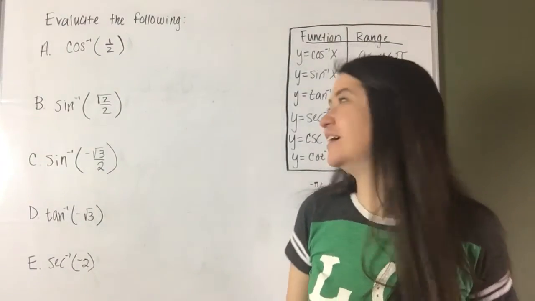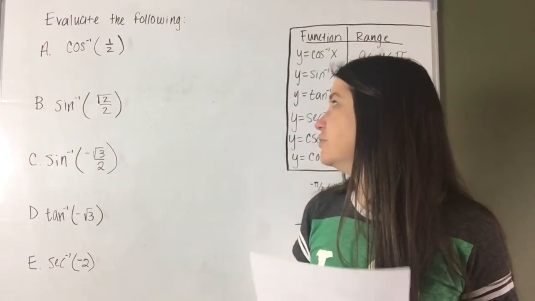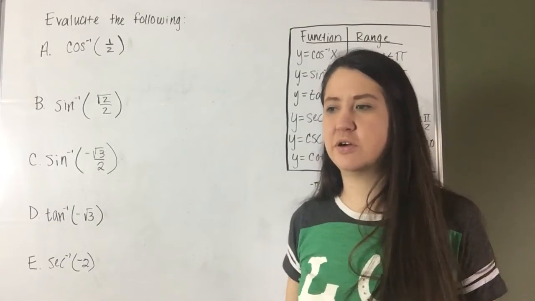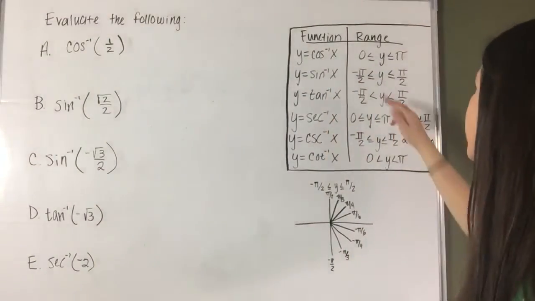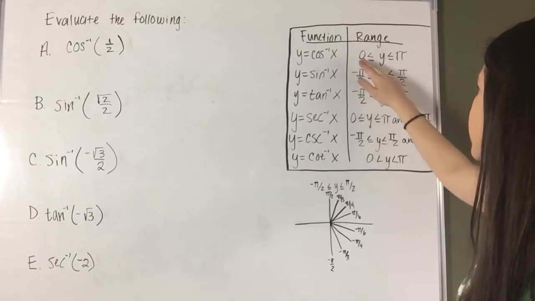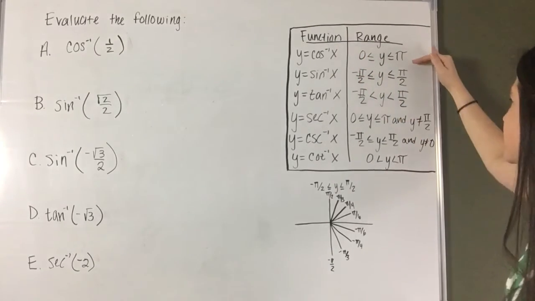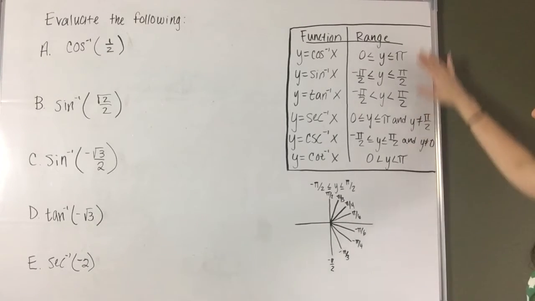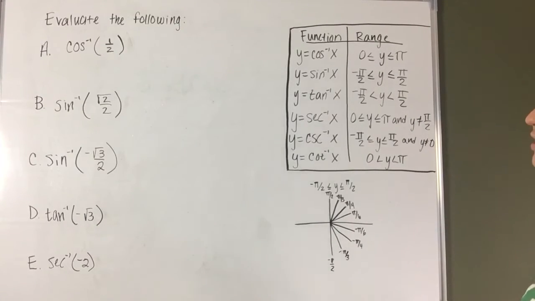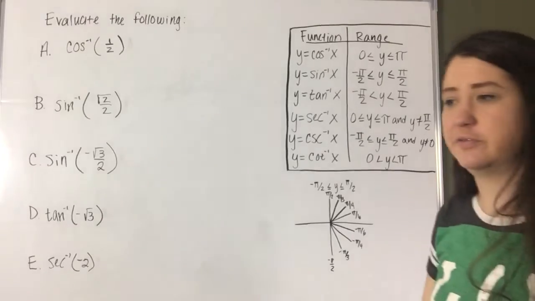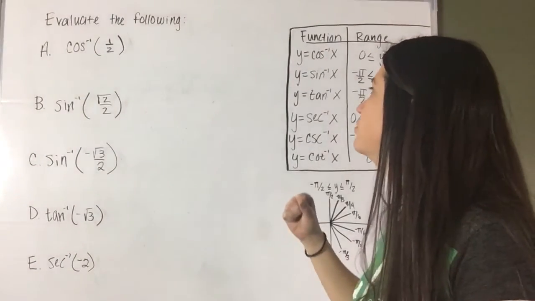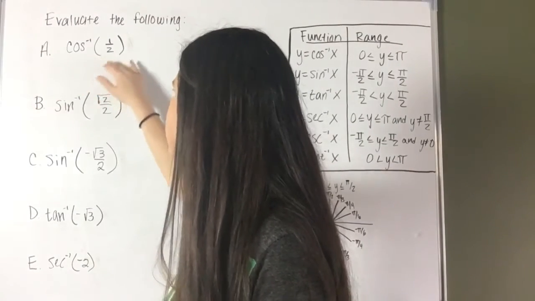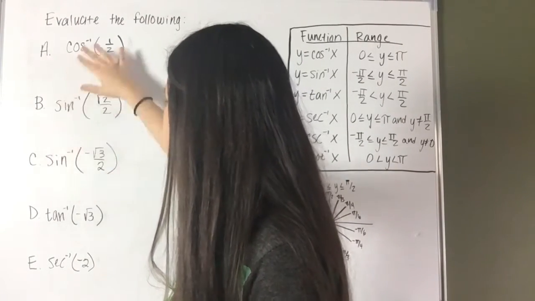Hello again. In the last section, we went through all the steps for defining the arc cosine, and we realized that its range went from 0 to pi. And the rest of these I said you could look up on your own, but I would give you the ranges for them. Now these ranges will be important for this section, or this part of 20.6, because we'll need to use them to figure out what the values of these inverse functions are